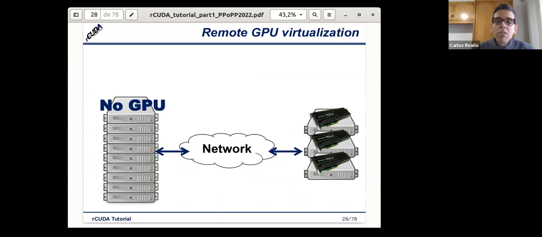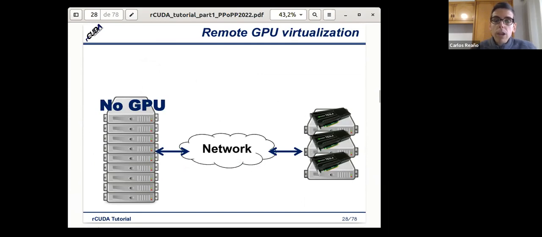So when we mention remote GPU virtualization, what we are actually referring to is, okay, let's say we have a cluster with no GPUs, and then when those clusters are running GPU accelerated applications, we just intercept the calls to the GPUs and forward them to the remote GPU servers through the network.